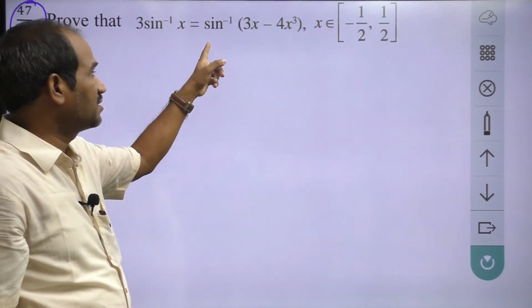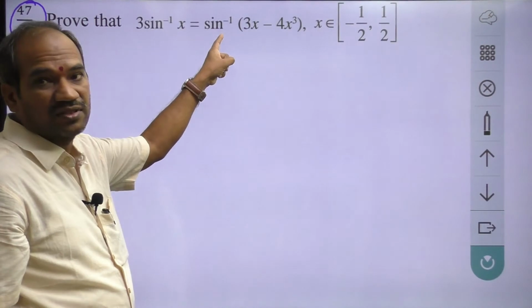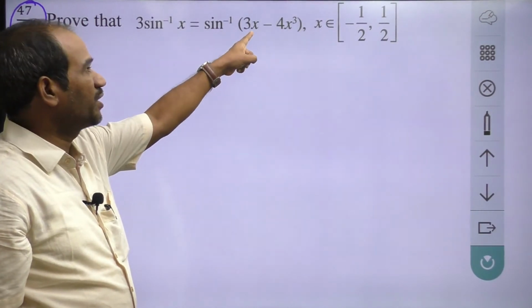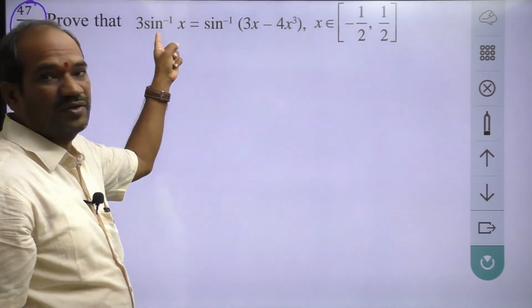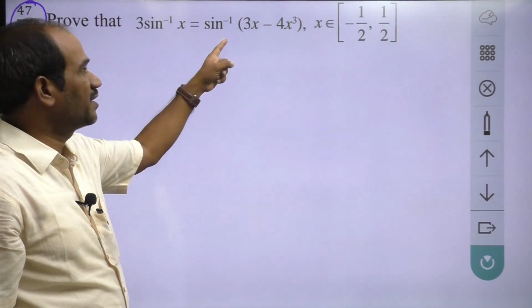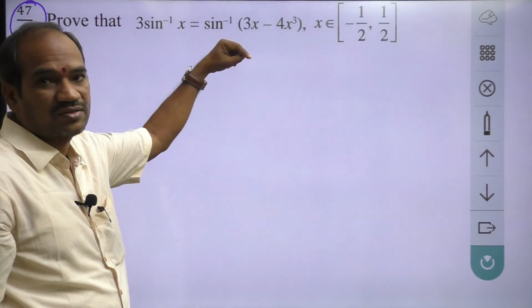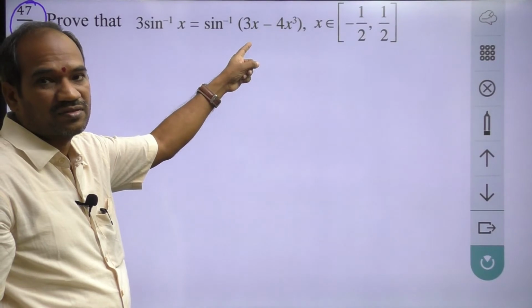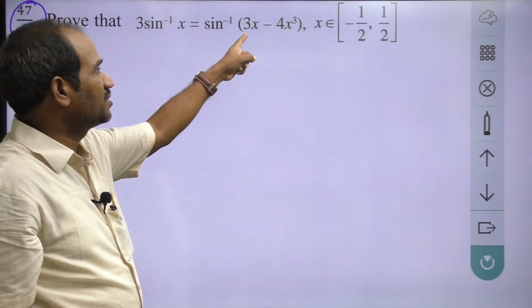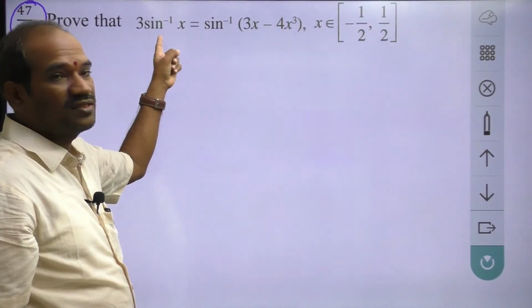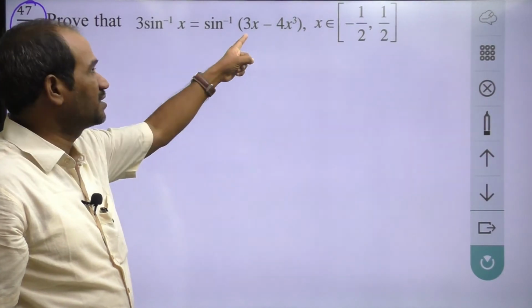First this question: both sides have sin inverse here, so put x is equal to sin theta. Where cos inverse is given, put x is equal to cos theta. Next question, this is a 3 marks question. In this question, sin inverse is given, so put x is equal to sin theta.